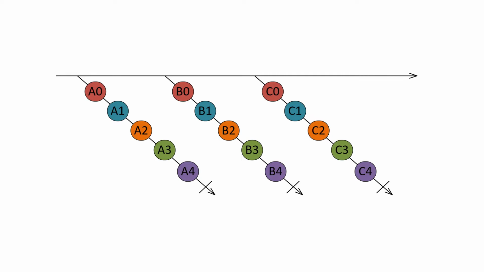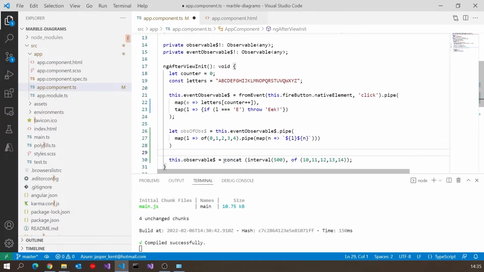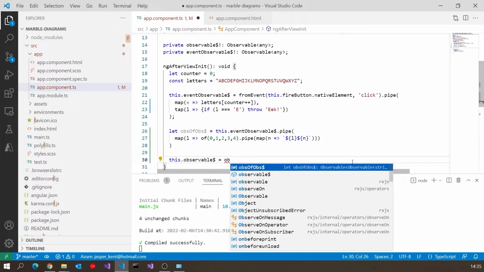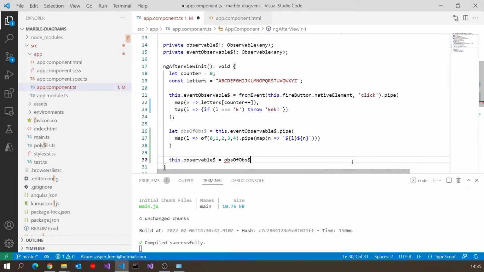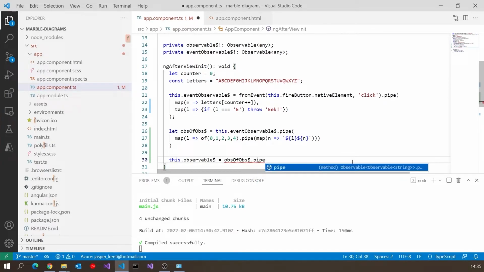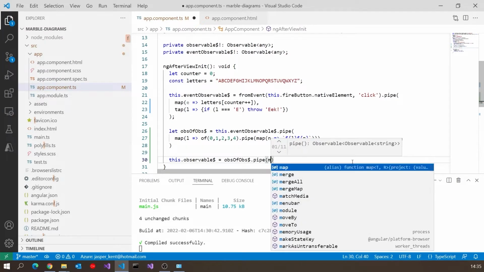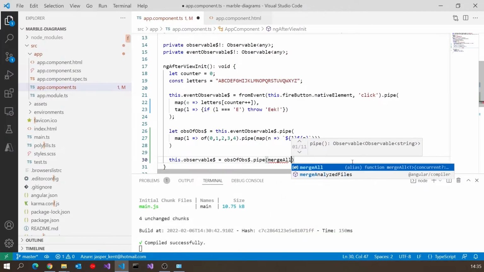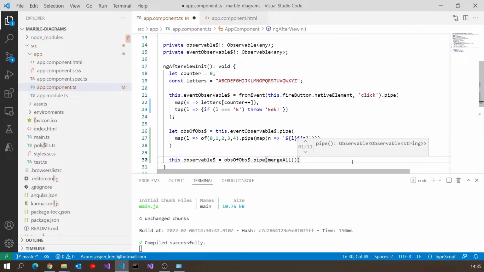So remember, we're not doing anything with that observable yet. So what we're going to do here is say that the observable we display, the one we're subscribing to, is going to be obs of obs dot pipe. And then I'm going to use what's known as mergeAll. We saw a merge earlier on. This is going to be a mergeAll, and what it's going to do is basically flatten, and in fact sometimes this process is called flattening, all of those observables.